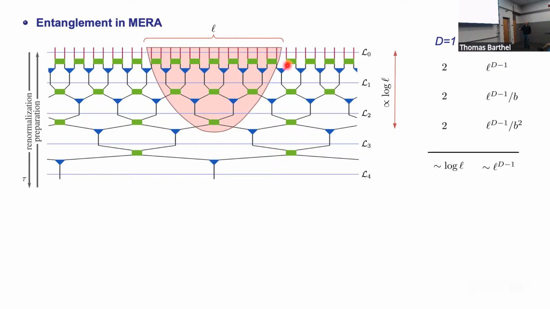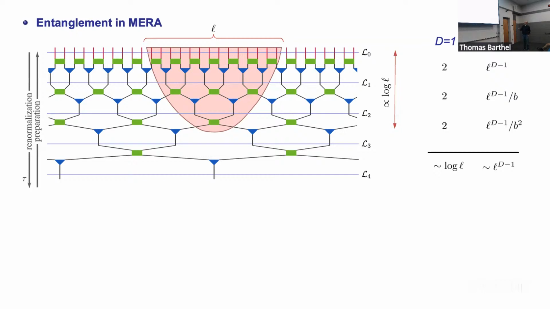In 1D, you see that in every layer we cut one contraction line on every side. So we just have to add up 2 for each of these layers. For the minimal surface, this goes to the depth log L. And so the total entanglement is log L, which is exactly the entanglement scaling that you have in